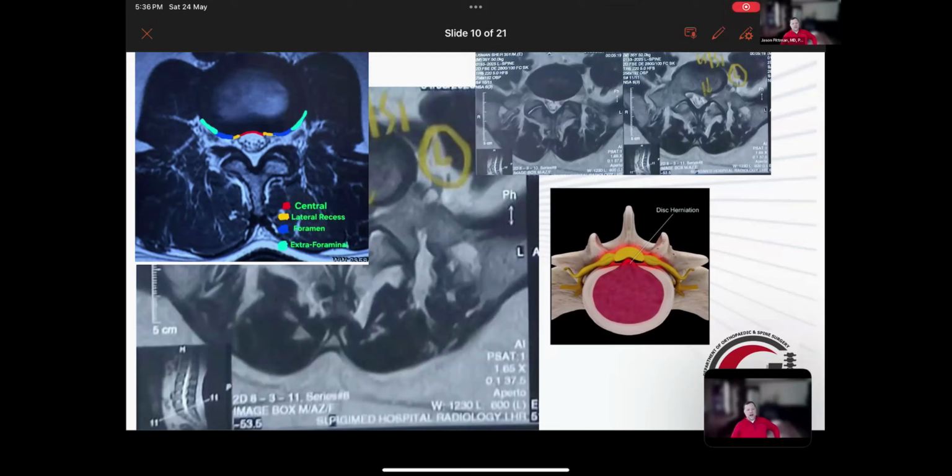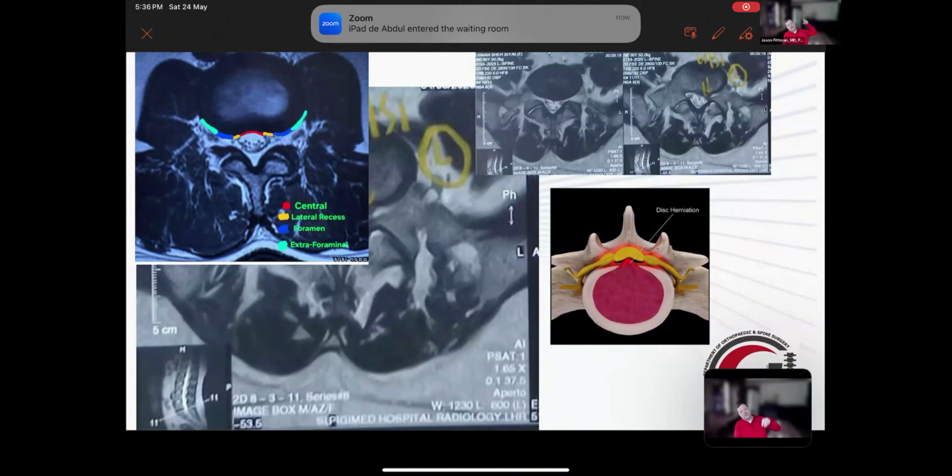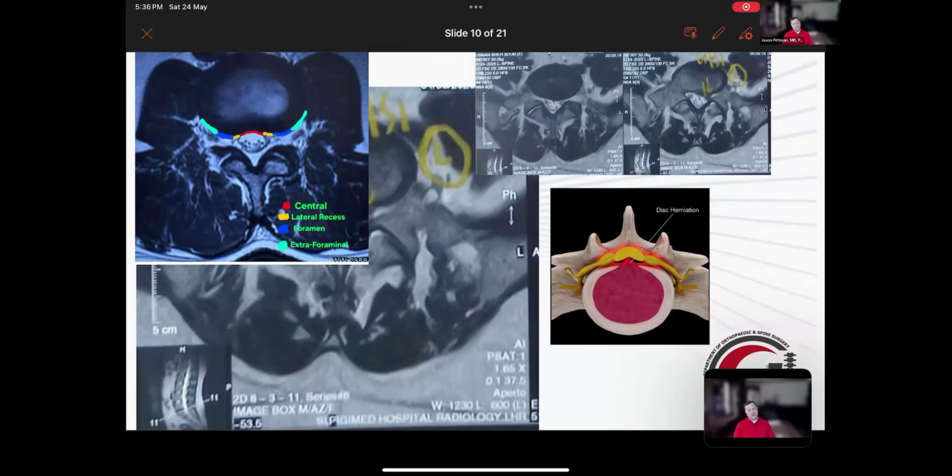And with biportal, it's easy to place a drain because you have the two portals. So you can leave the camera in place and see that you're placing the drain where you think you are. Uniportal, you don't have that luxury necessarily, and you're trying to put the drain down the working portal and then pull the camera and the cannula and the scope out with the drain still in place. And so it becomes a little bit of a disaster.